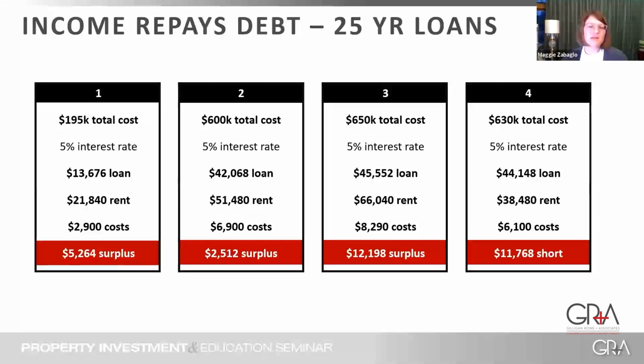Over a 25-year period, using an average rate of 5%, which is pretty much what I'm paying, it fluctuates. Different properties are purchased at different times and interest rates may vary a little, but on average I seem to have been paying around 5% thus far. So the total cost there was the purchase price, including some funds that were spent on renovations or repairs, just applying a 5% interest rate across that. That's our loan payments on principal and interest, the amount of rent the properties bring in now, and our costs.